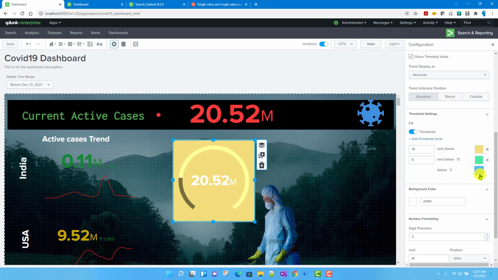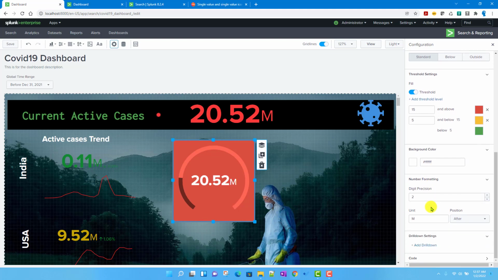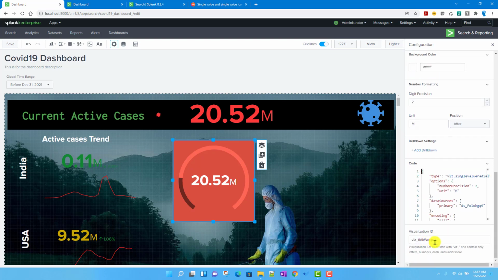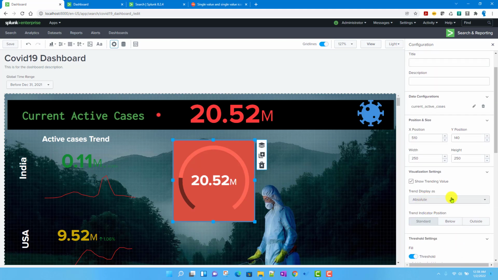So below 5 it should be green, 5 to 15 it should be this color, and above 15 it should be this color as well. This is how you will be playing around with this one. If you want to change something, you can always do it from this code portion over here. Similarly, if you want to display the trend and all, you can do it from here as well, just like we did for other stuff.